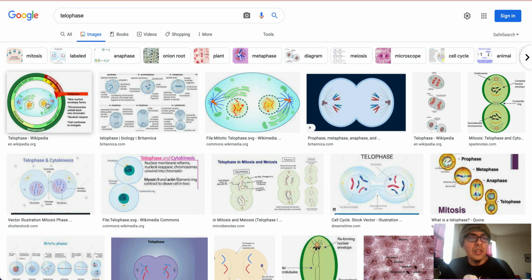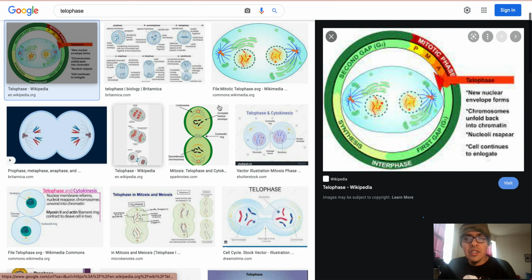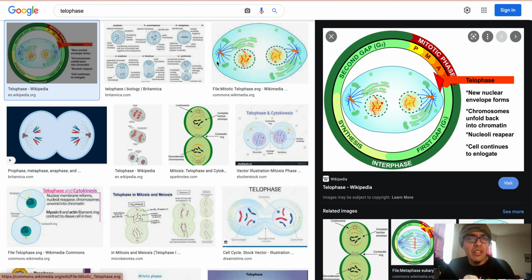So let's just jump back. Those are the checkpoints, and at those checkpoints, there's so much going on, it's unbelievable, but we will talk about that later. That's all part of cell cycle regulation, and I was delving into the stuff about the G proteins at that point. So let's talk about telophase.